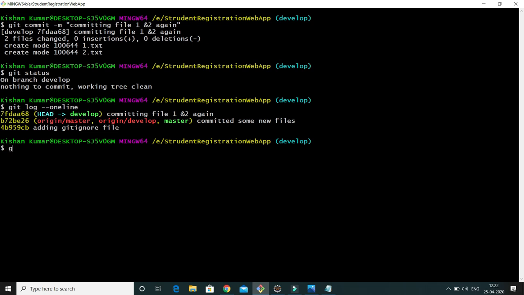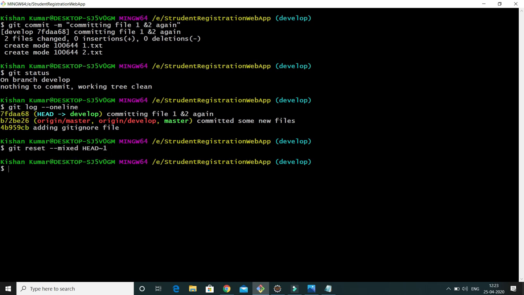So I would do git reset, then I would say --mixed. The mixed option is the default one, even if you do not write mixed, still that will be there. And after that I do head, sorry, HEAD~1. If I issue this command, then your files will be deleted from the local repository as well as the staging area. So these two files will be only available in your working tree. And as we are doing HEAD~1, that means this head will be reset, and after issuing this command, head will be pointed on this commit.